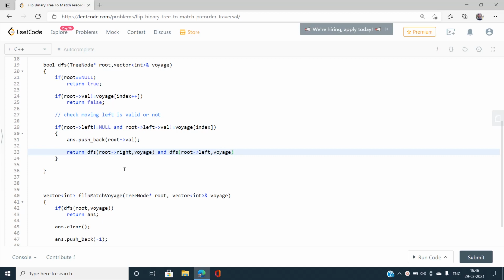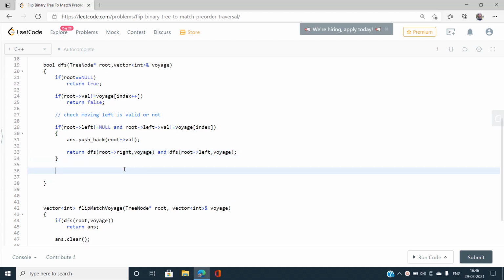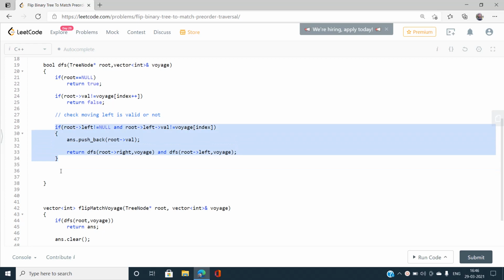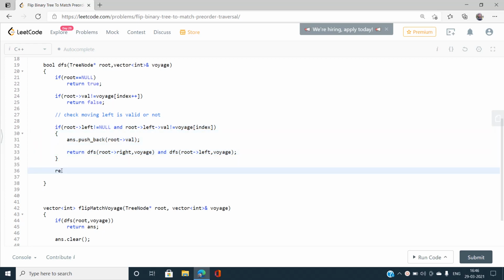Okay, so if this if condition fails, that is, if going to the left is valid, then I must go to the left, then go to the right. So it would be DFS of root's left, passing voyage, and then DFS of root's right.